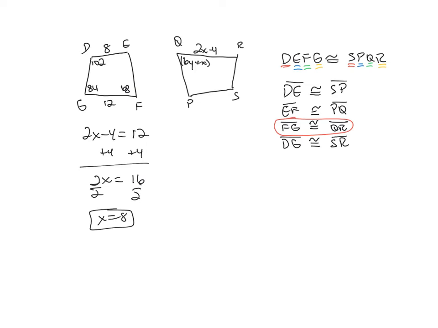Okay, so there's X, and then I need to solve for this 6y plus X by the Q, so Q goes with F. So F is 68 degrees. Okay, and I didn't write X because X is 8. And then I can solve